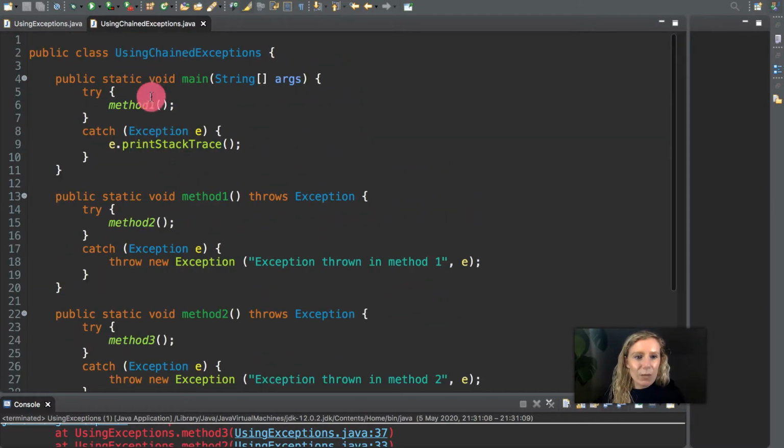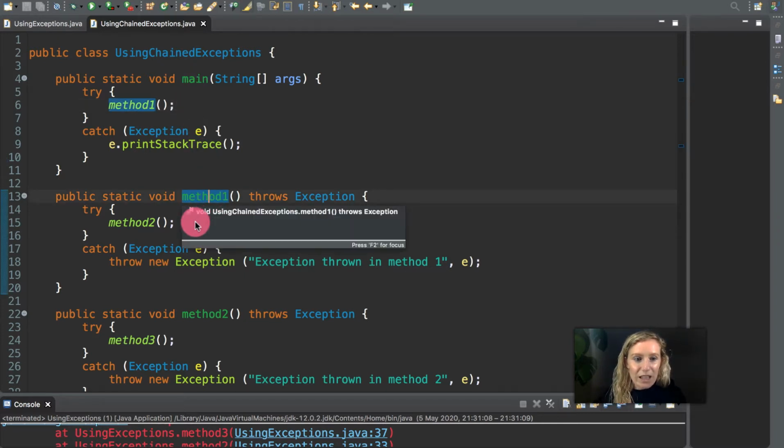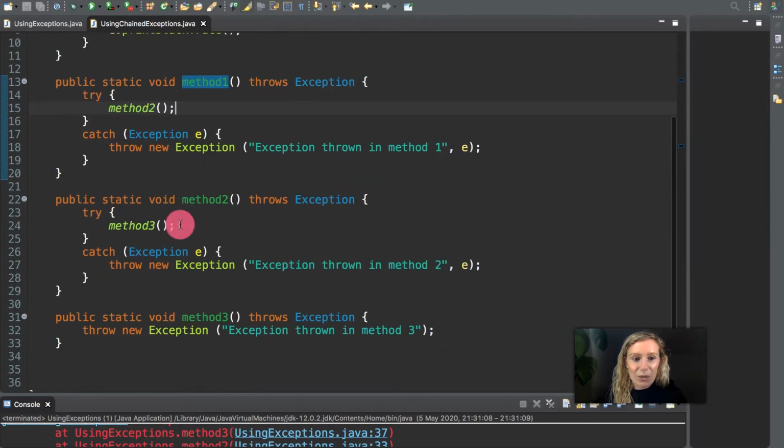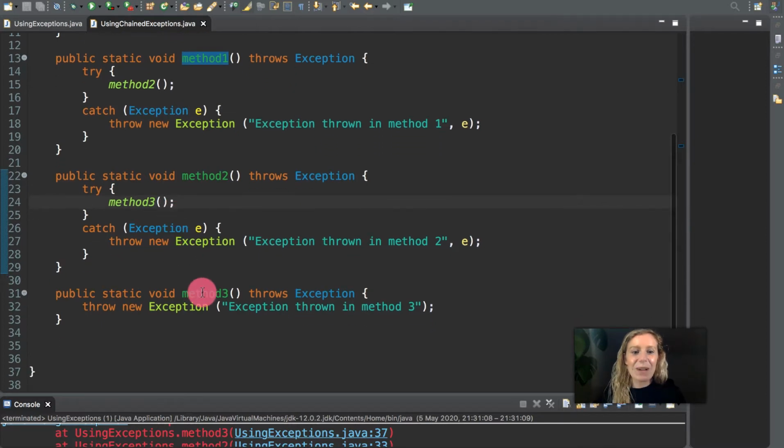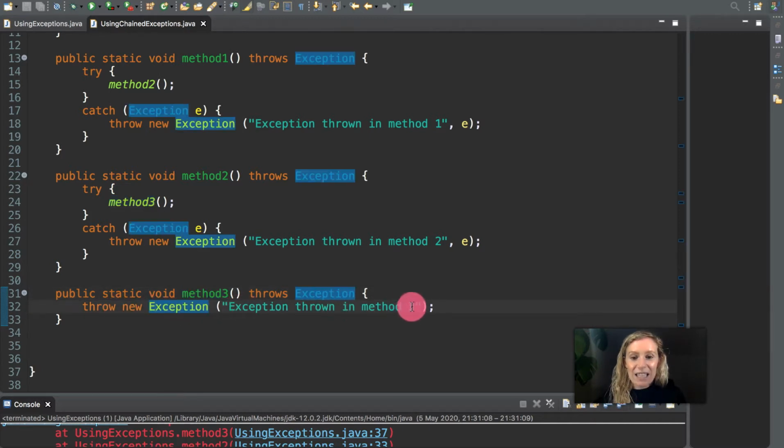So when I run this program, we have our main, then it calls method 1. So with our try, it goes to method 1, which is here. Then it tries method 2, then it goes to method 2. Then it tries method 3, so it goes to method 3. Method 3 then executes because method 3 throws a new exception. And what happens here, which is really interesting, is because it has our throw new exception, and then the